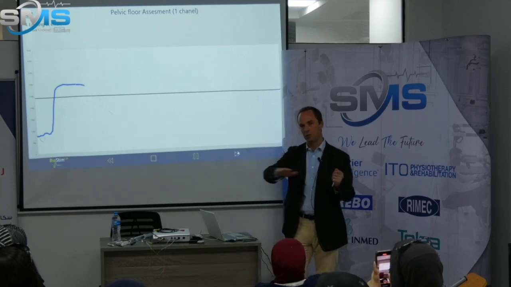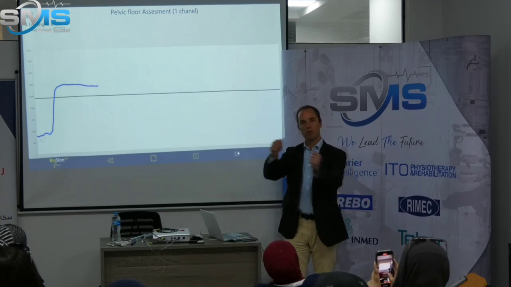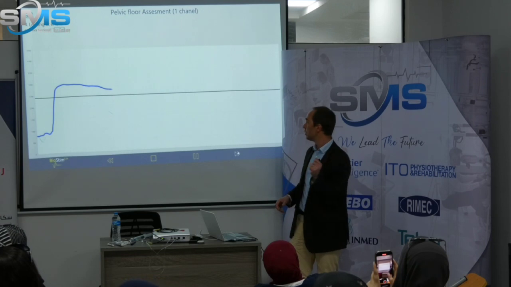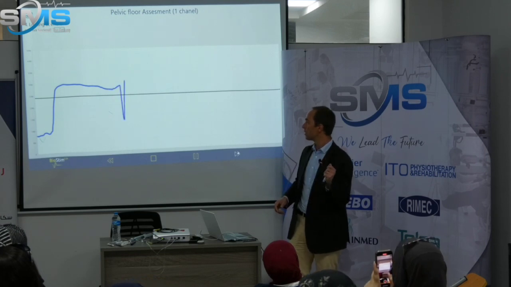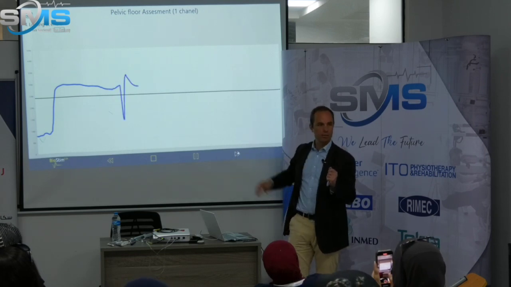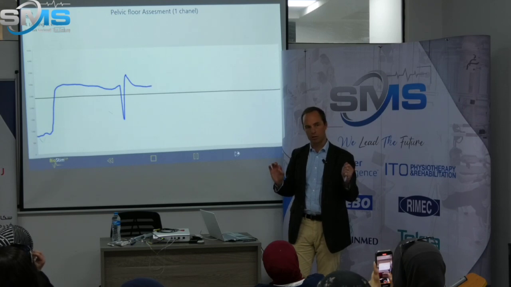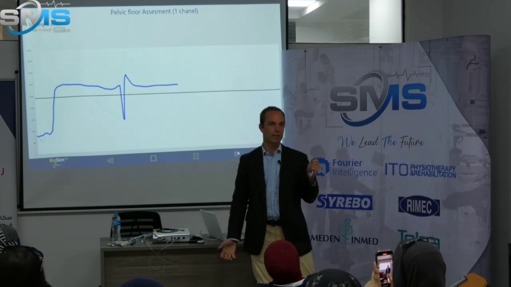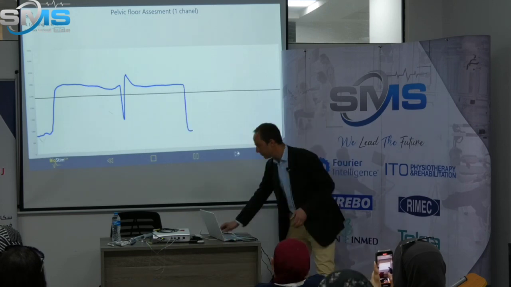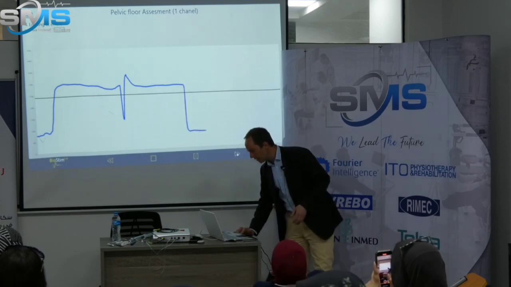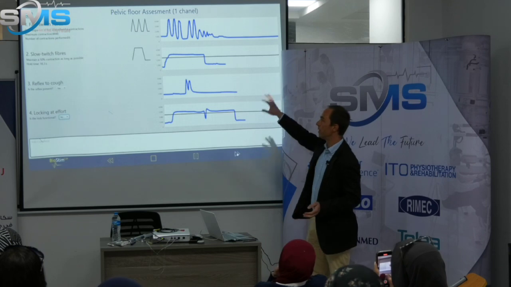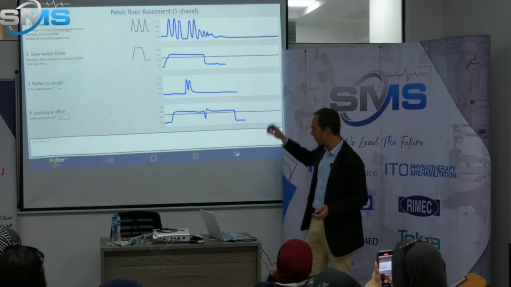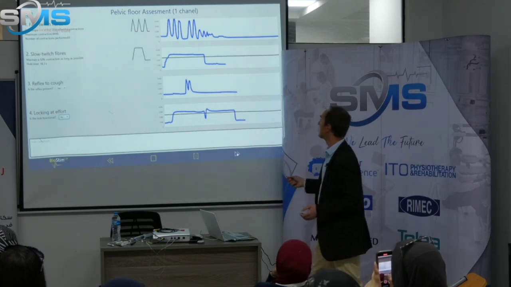can, if she's on the table, I can move her legs or whatever, and make sure she's able to maintain. If you see something like that, it means that at some point, she lost her contraction, and that's the point when you take something heavy and you get a leakage. Okay. So with this, now you see very fast, we've done an assessment, and we can see what's working correctly